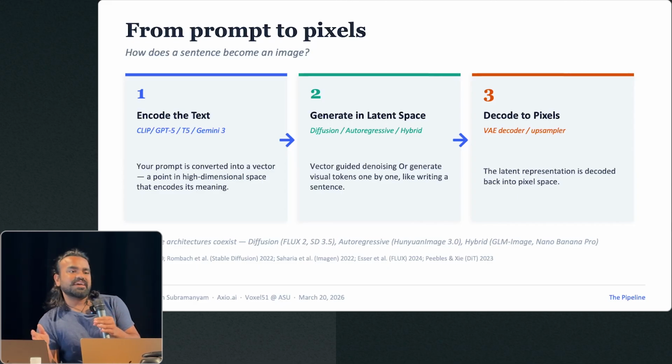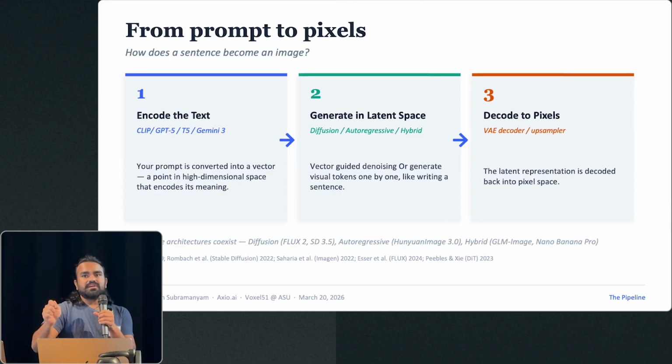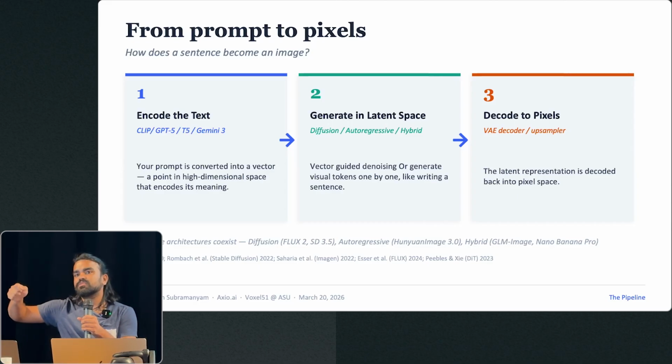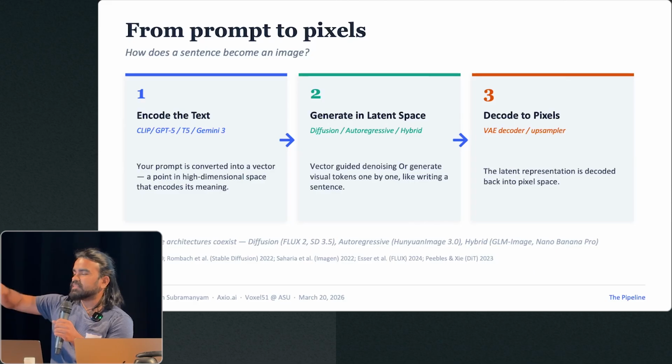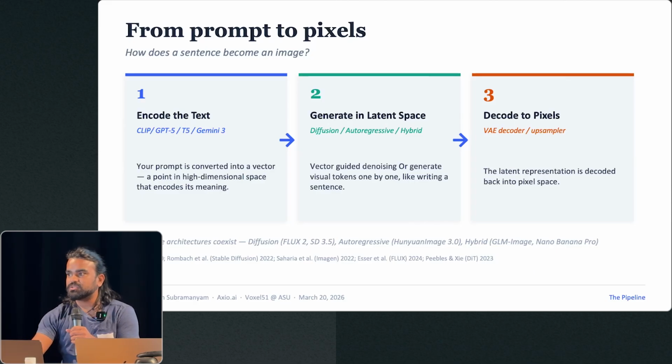So what is essentially happening is your phrase is transformed into a vector, and that vector predicts a sequence of tokens, either in the image space or in the text space, and those tokens get converted. So that's the process, and we have a decoder to convert that to images. So all good over here.